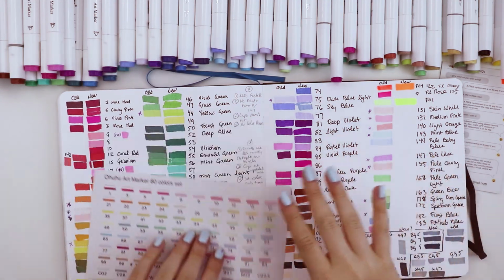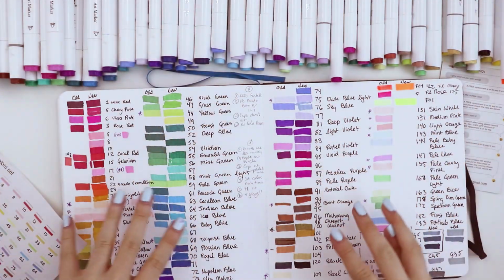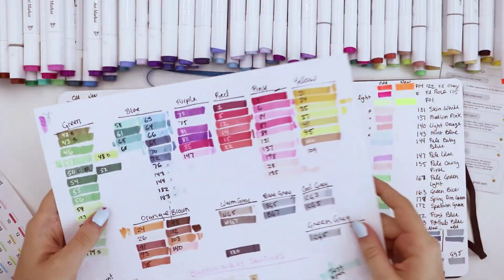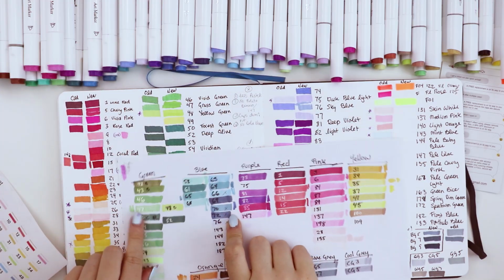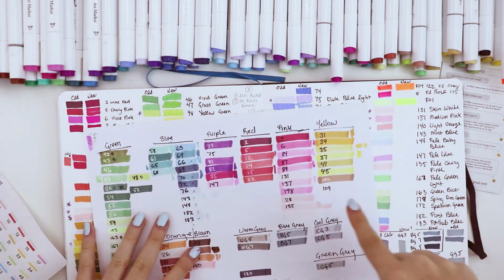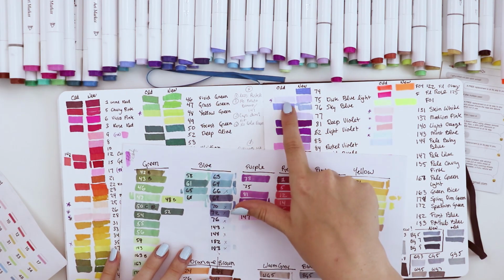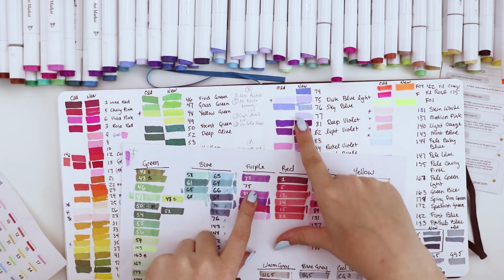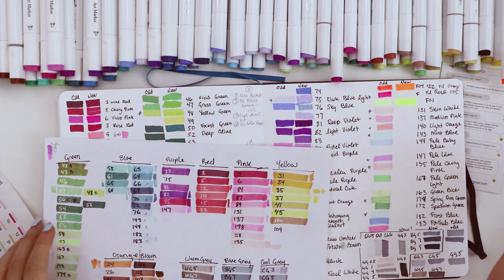However, all alcohol-based markers are not lightfast, which means they will fade with direct exposure to the sun. So if I show you my old swatch page from when I originally got my Ohuhu markers, you can tell the colors are not exactly the same as they used to be. Even 75 you can't see anymore. Where is it? That's what it looks like when you first put it down, and that's what it looks like after a year. So the fact that they don't have the pastels isn't as big a deal because these will lighten up over time,